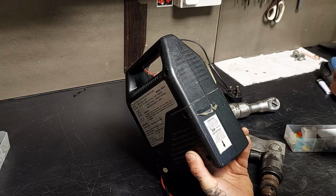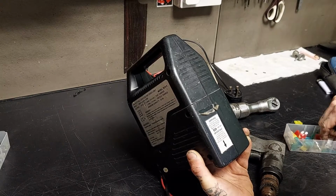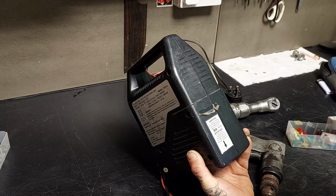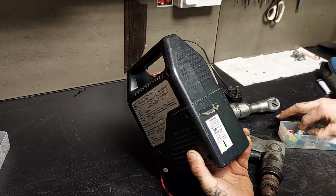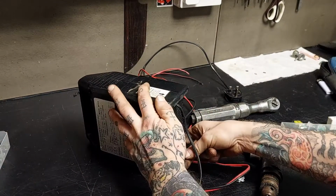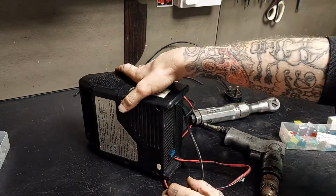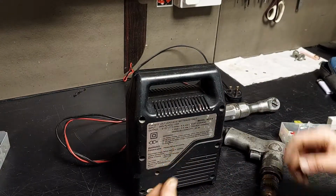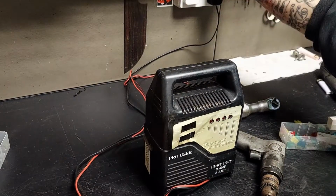I don't know. 20 amps yellow. 25 is white. 30 is green. Blue is 15. Let's try that then. Okay, pushed in the bottom there. There's a little bit of tin foil fell out. I think someone was trying to run it without replacing the fuse. So,